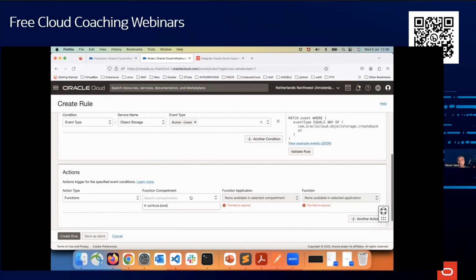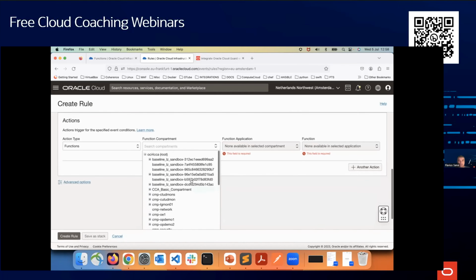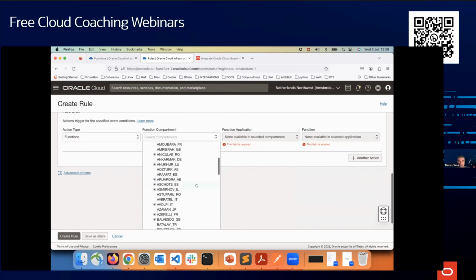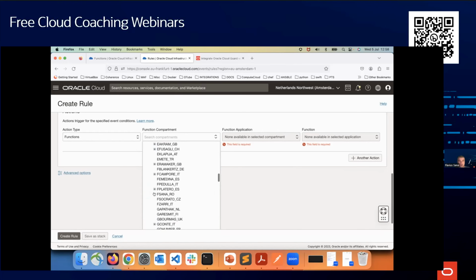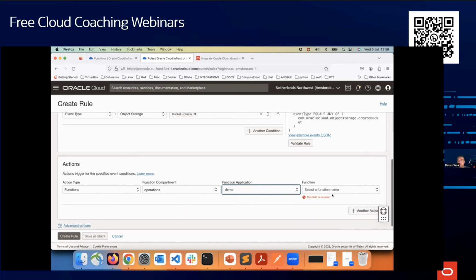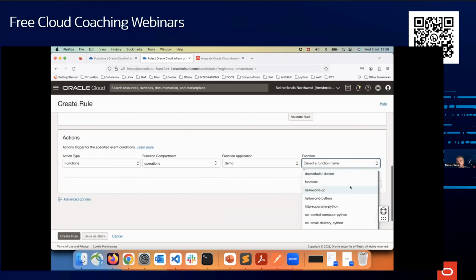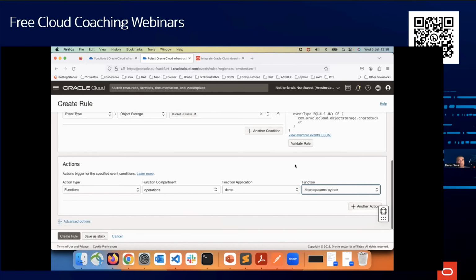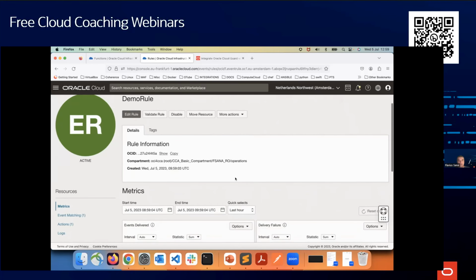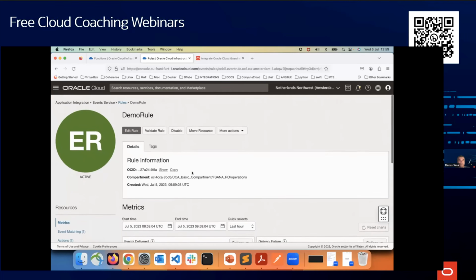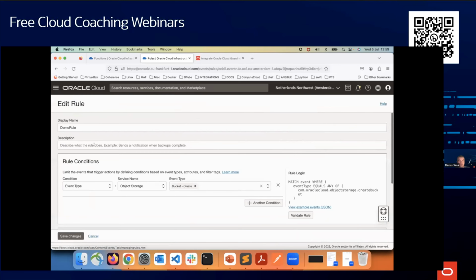For what I need, I can select the function, and for that I have to find my compartment, which is in this very popular tenancy, operations, if I remember correctly, and I have here my demo function. I can use this HTTP param function, and now I just create the rule, and when a bucket is created,